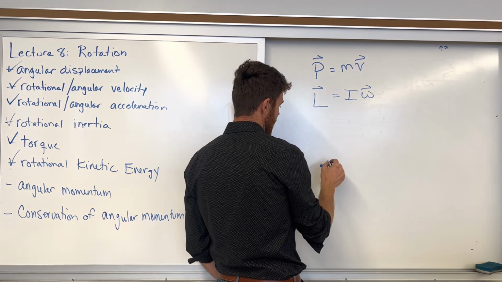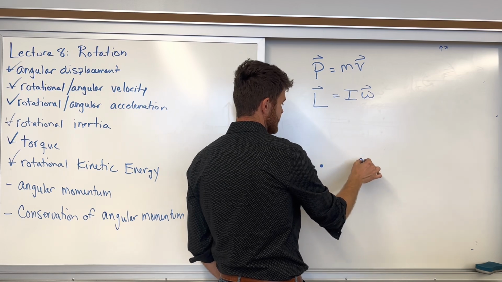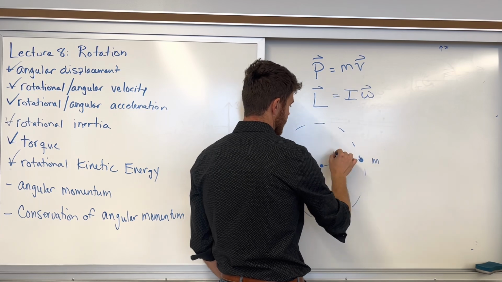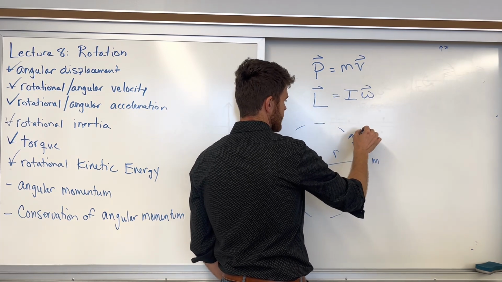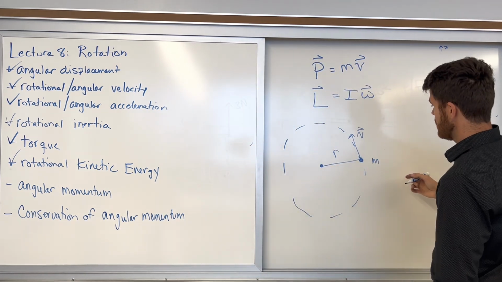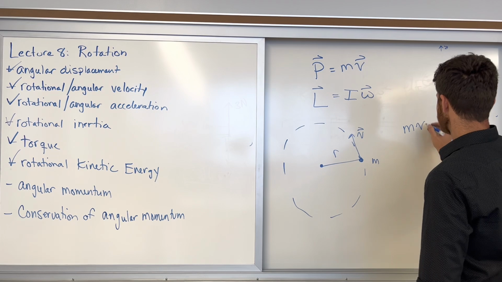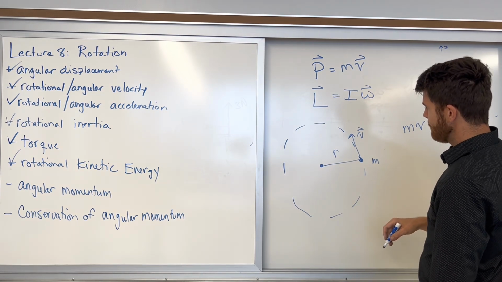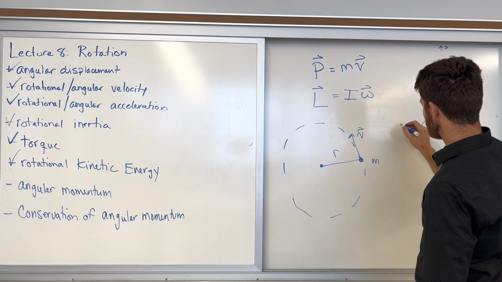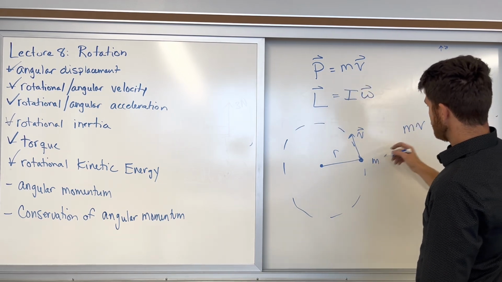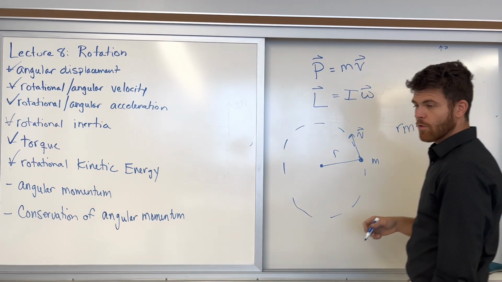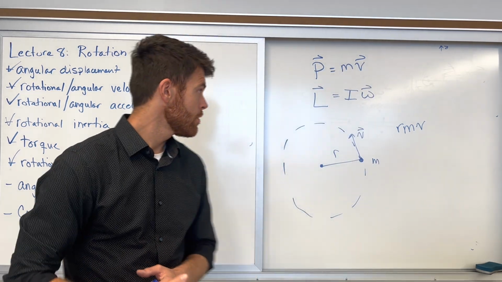Now, say an object of mass m is moving along a circular path of radius r at a velocity v. So its linear momentum is mass times velocity. And to get its rotational or angular momentum, we just multiply its linear momentum by r. And r times m, remember I said the rotational